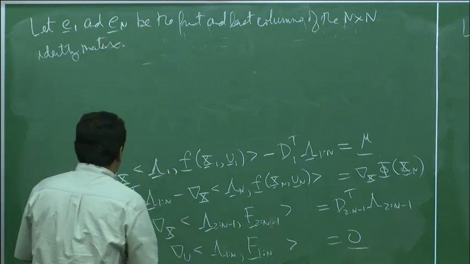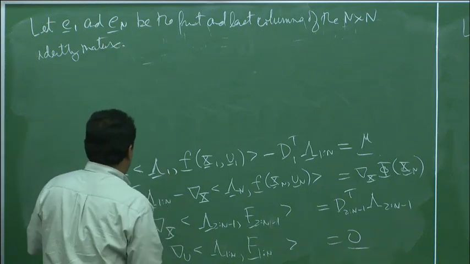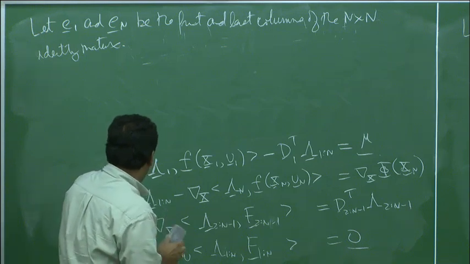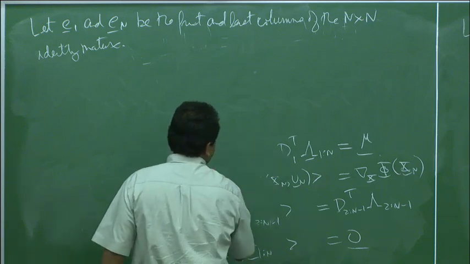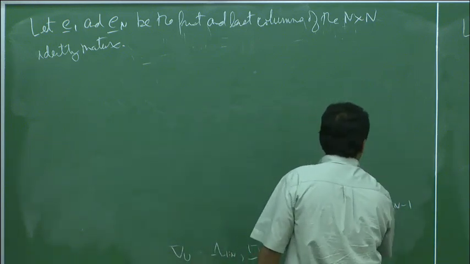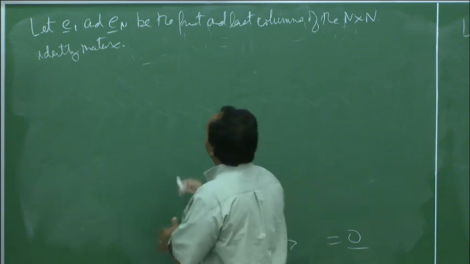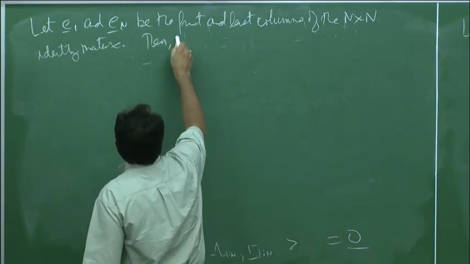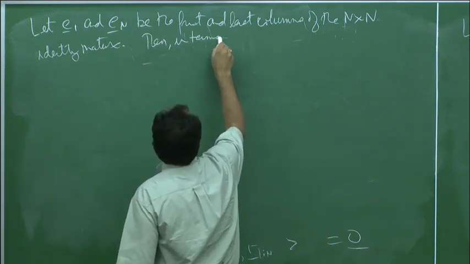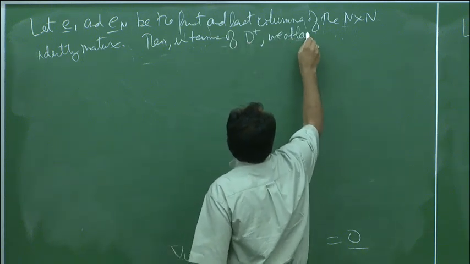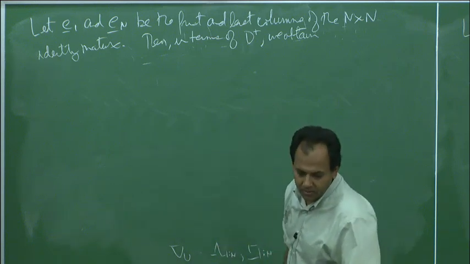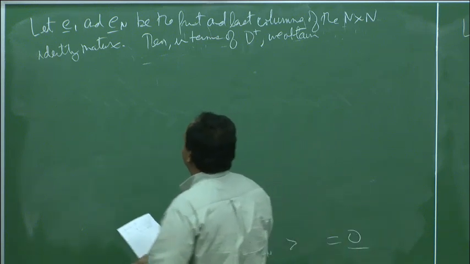By doing that, we can collapse these three equations into a single equation. And that single equation looks like this. So in terms of D dagger, we obtain the following result, which is that D dagger